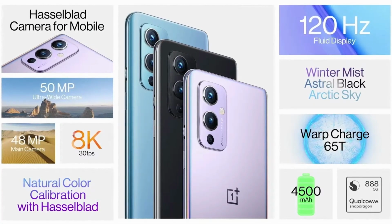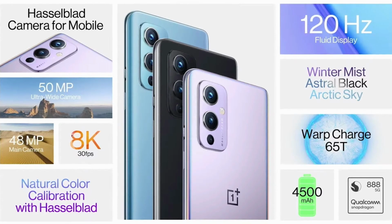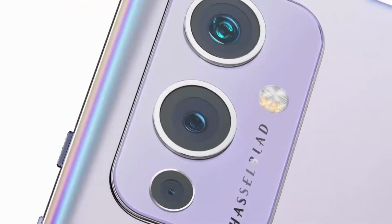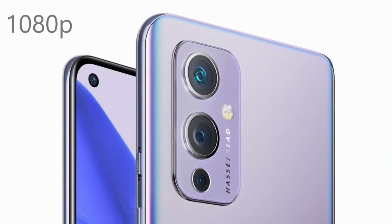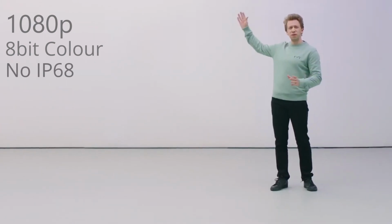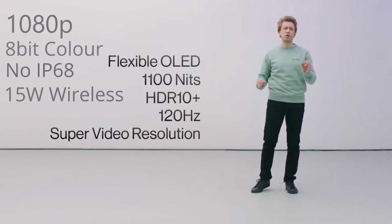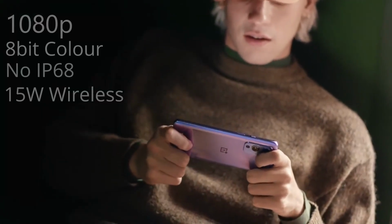Now there's not a lot to be told about the OnePlus 9, so I'm going to be telling what is excluded from the OnePlus 9. The OnePlus 9 has a 1080p display, there is no 10-bit color depth, there is no IP68 rating. Instead of the 50 watt wireless charging, it has 15 watt wireless charging. There is no 4K 120Hz